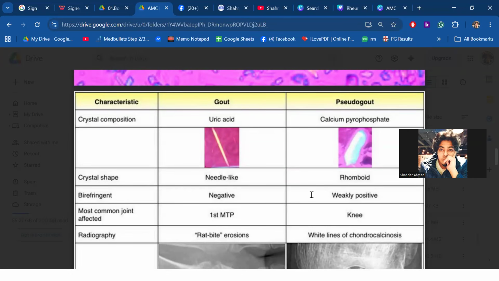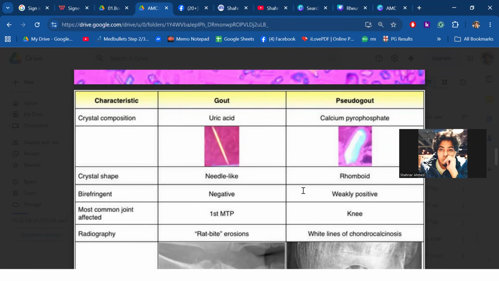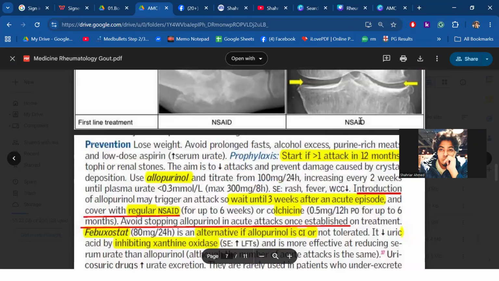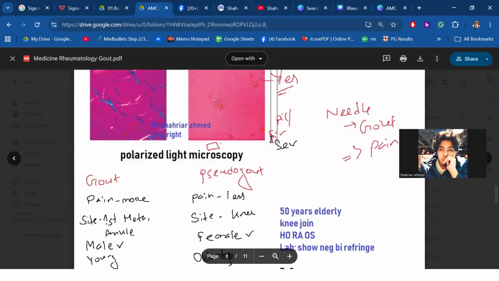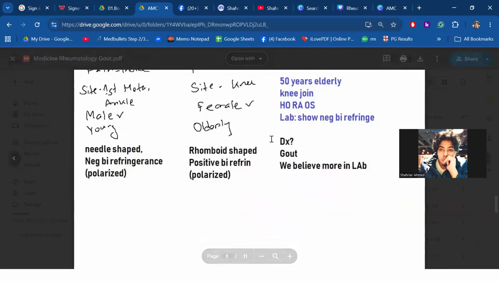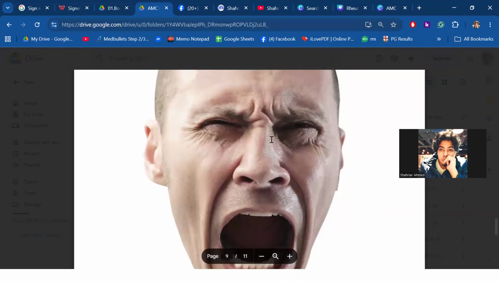They'll give you a scenario, and they'll be giving you a lab finding. Scenario and a lab finding expected. If they want to make it tougher, they might cut off the lab finding. So only by the scenario you have to make a diagnosis in that case. In both cases, treatment is NSAIDs. Now, a little bit of next step treatment.